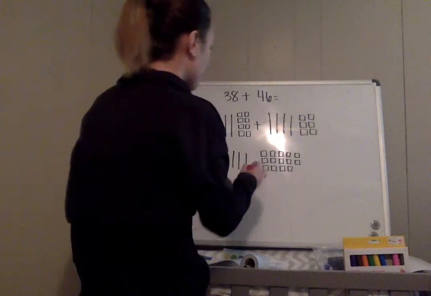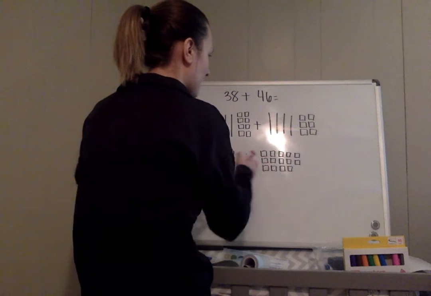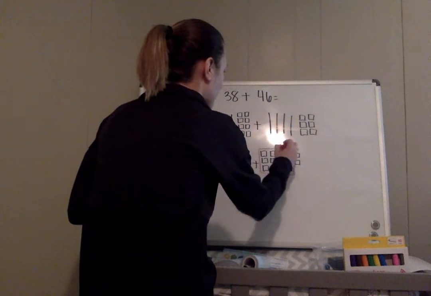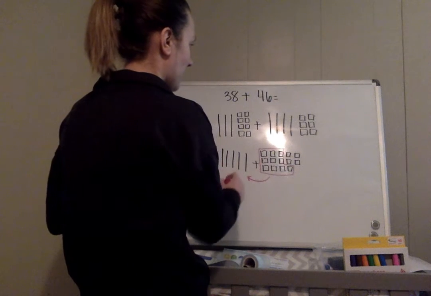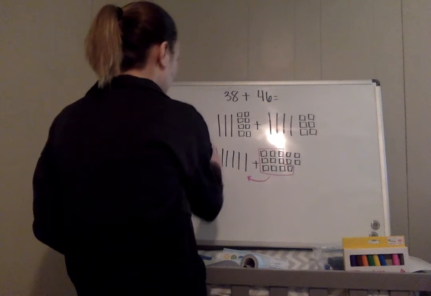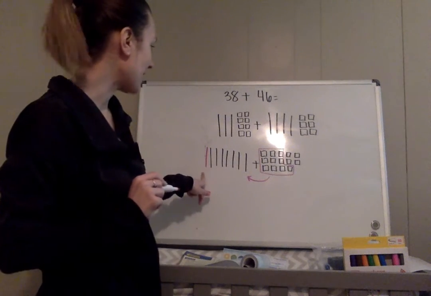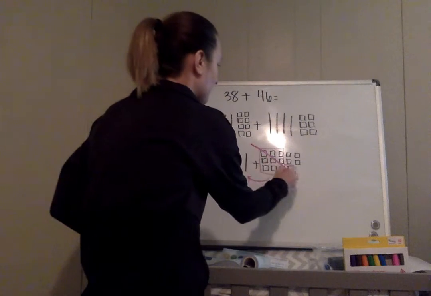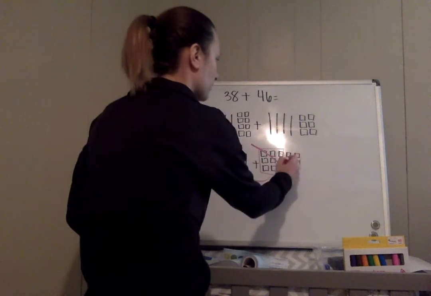So I'm going to count those out. 1, 2, 3, 4, 5, 6, 7, 8, 9, 10. And I'm going to draw a circle or a shape around those. And I'm going to draw an arrow to remind myself to move that 10 over, okay? So now I'm going to add an additional 10. Can you see this pink one that I added? I took these. We're not going to use those as 1s anymore. Now it's a 10. So I added my 10 over here, and now I have 1, 2, 3, 4 1s